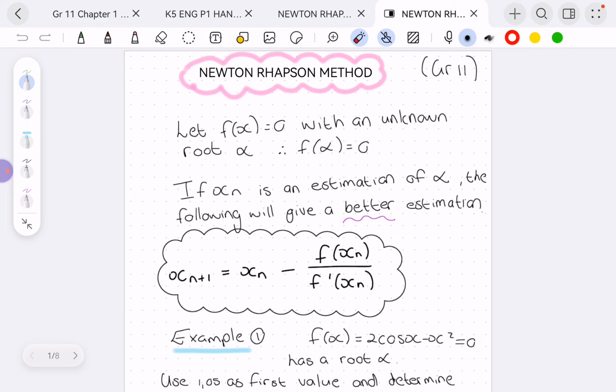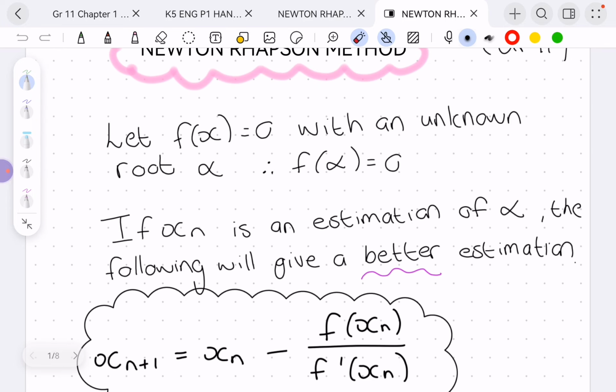To go to our side, they're saying, if I have a function equal to 0, because we're trying to solve the root, as ek 'n funksie gelyk aan 0 stel, dan ek wil graag my wortels gaan uitwerk. With the unknown root alpha, then at alpha it will be 0, so by my wortel gaan ek nul hê, at the root, at the critical value, at alpha it will be 0.